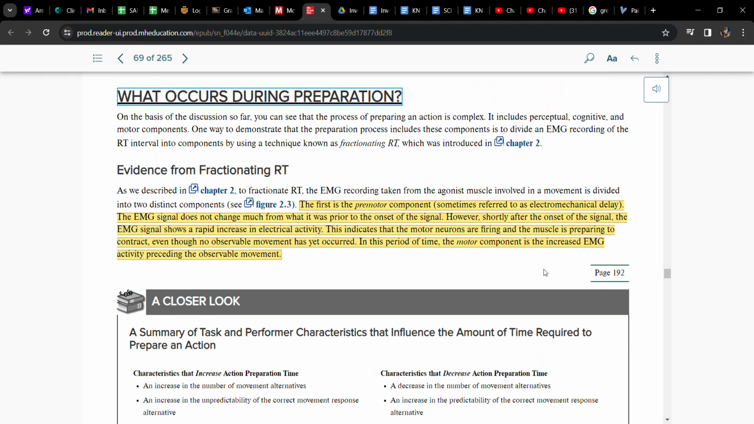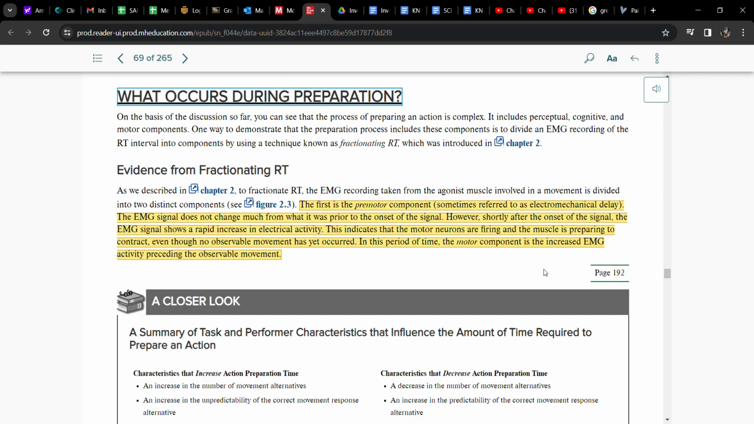Next is what occurs during preparation. So if we go back to chapter 2, you can see that there are different parts of an action that relate to your muscle activity, right? There's a premotor component where you actually start to see a little bit of motor activity, those squiggly lines going up and down, that EMG signal, prior to the actual muscle